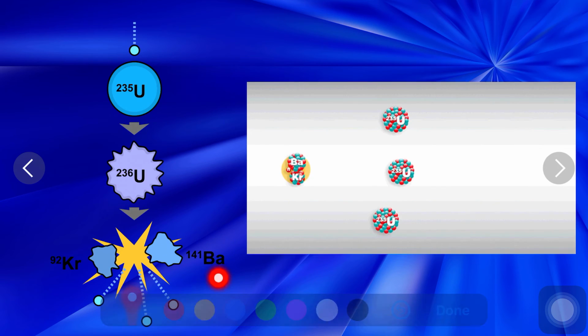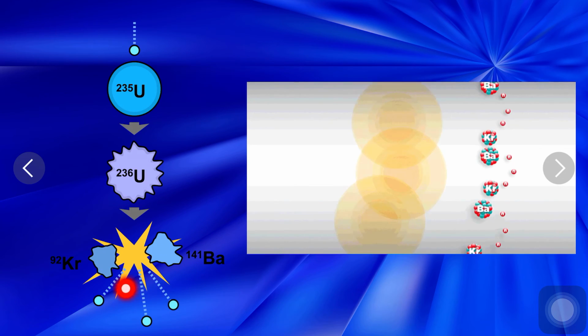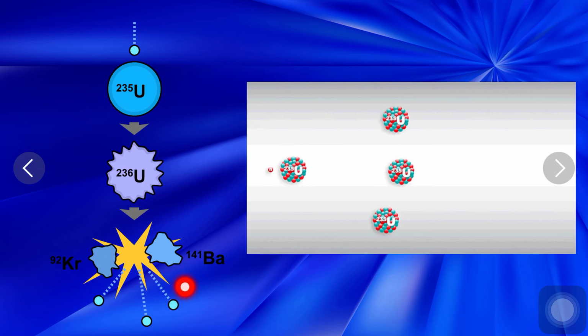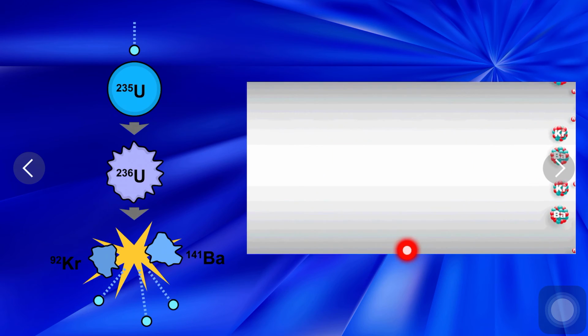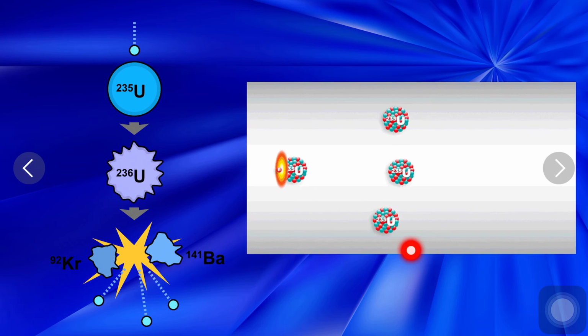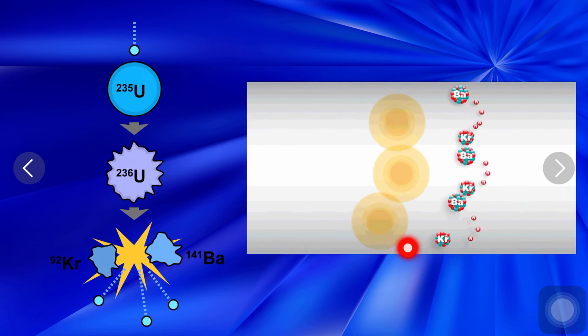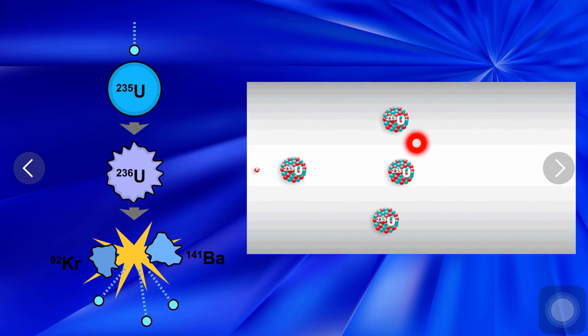On decreasing their speed, these neutrons bring about fission of more uranium-235 nuclei. In this way, a chain reaction of nuclear fission takes place. A large amount of nuclear energy is released during a chain reaction of fission. The chain reaction is kept under control to prevent a probable explosion.